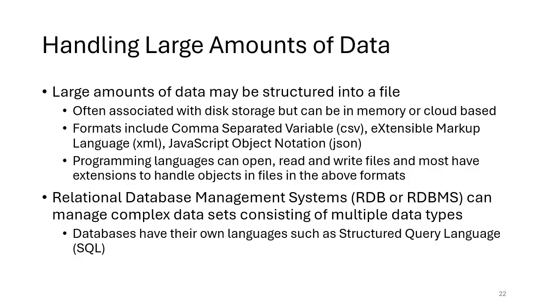So for example, you could open a comma separated variable file, you could read down all the different lines of data until you get to the line you want, and then you could read along that line and find the actual variable within that line that's relevant to you. Same with XML. What you would do there is go down the application to find the relevant piece of XML data you want, and then use the different parts of the XML markup language to actually define what data you want, and the programming language can handle all of that for you